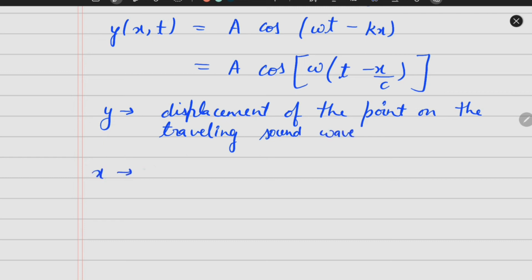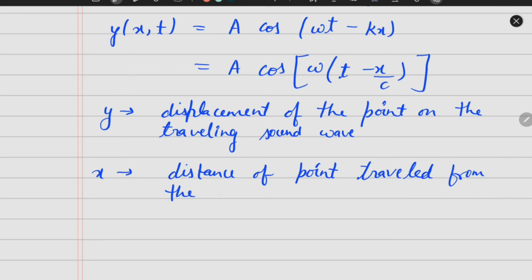Okay, what about x? X is the distance of the point traveled from the wave's source, यानी कि जहाँ से हमारी जो वेव प्रोड्यूस हुई है, ठीक है, तो वहाँ से उसका डिस्टेंस कितना है। लाइक अगर आपकी प्रोपोगेशन इस तरीके से हो रही है वेव की, ठीक है, तो ये जो पोजीशंस हैं, ठीक है, मान लो ये आपका साउंड का जो सोर्स है, ठीक है, सो कोई स्पीकर है, ठीक है, तो कोई डीजे है, तो वो यहाँ पे आपका रख, तो ये इस साउंड से यहाँ से उसके पोजीशन क्या है,